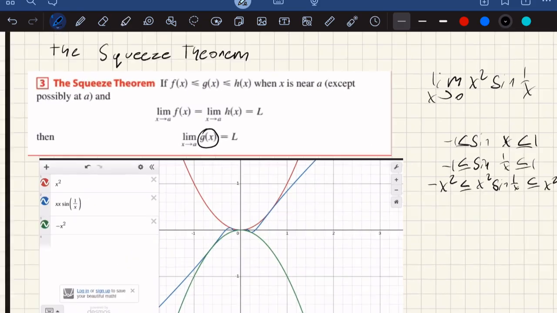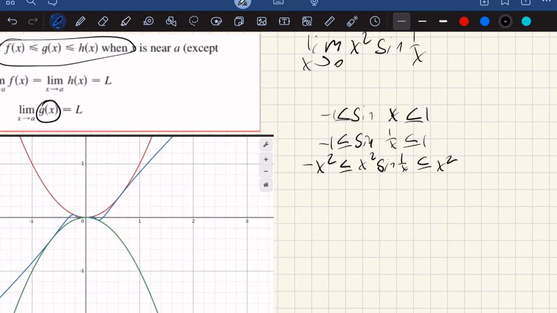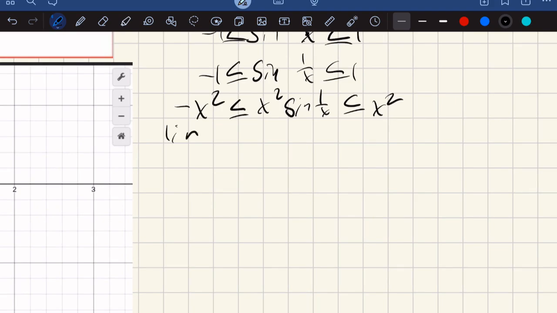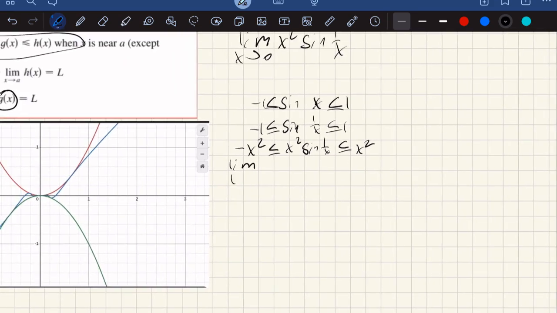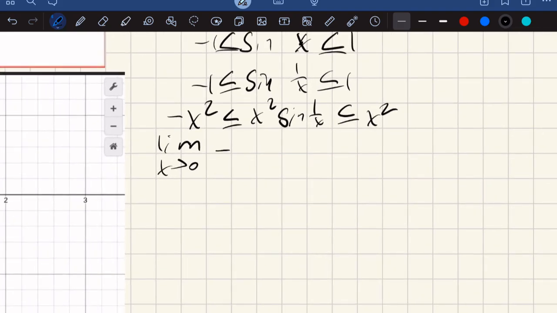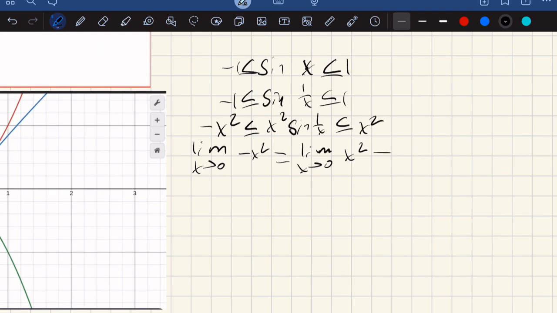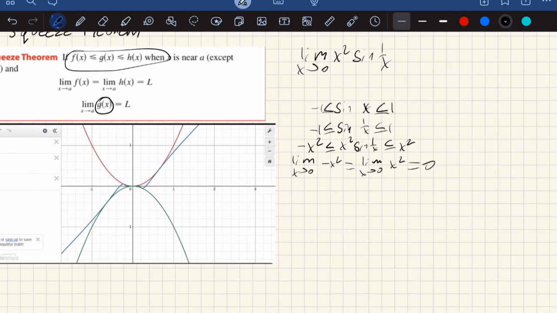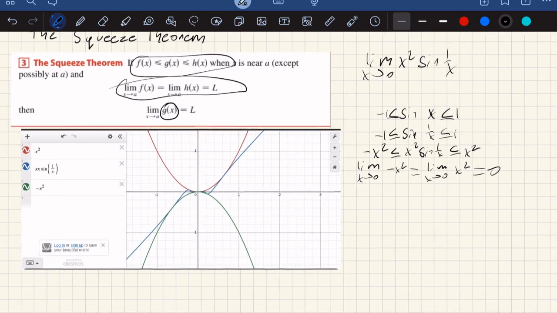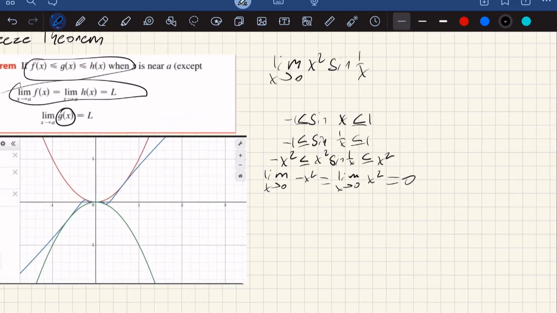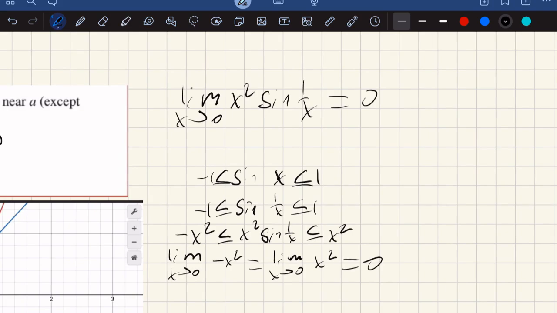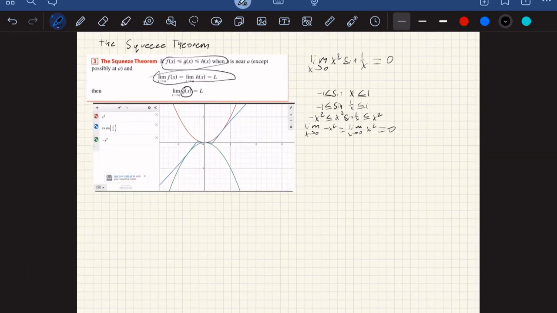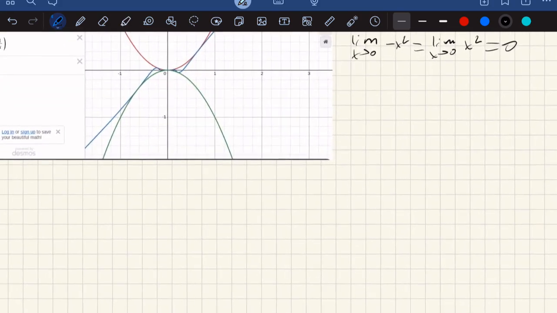So we have our conditions. We have this inequality, and then if we take the limit as x approaches 0 of negative x squared, that equals the limit as x approaches 0 of x squared, which equals 0. And because this is true, our original limit will also be 0. But along with this theorem, you have to write actual words. So